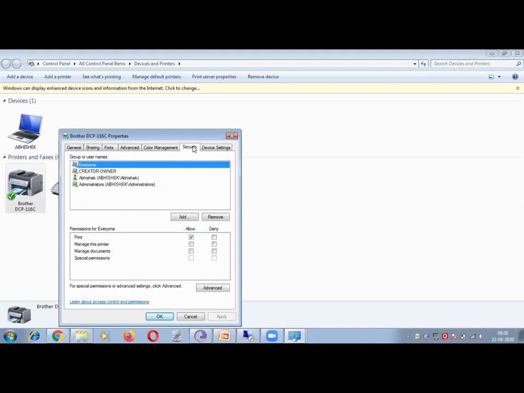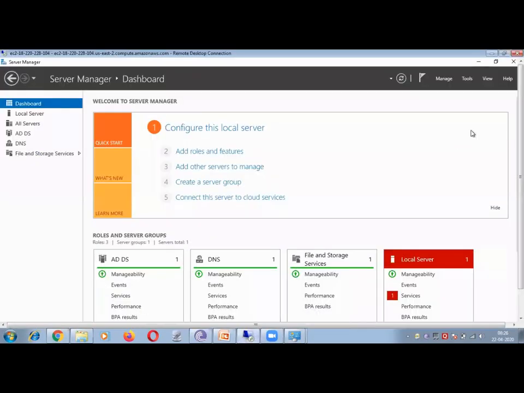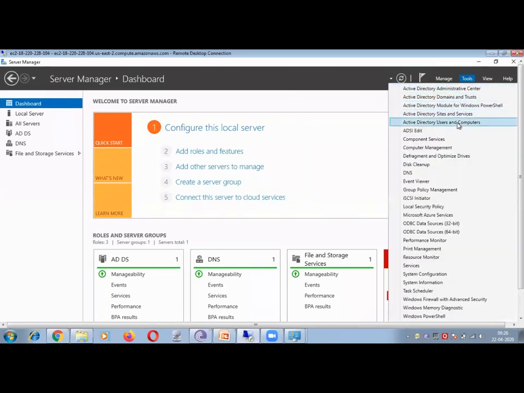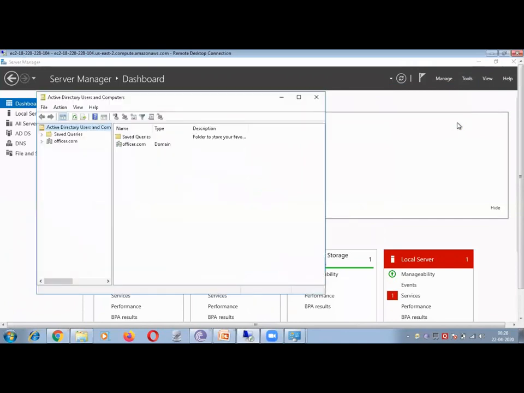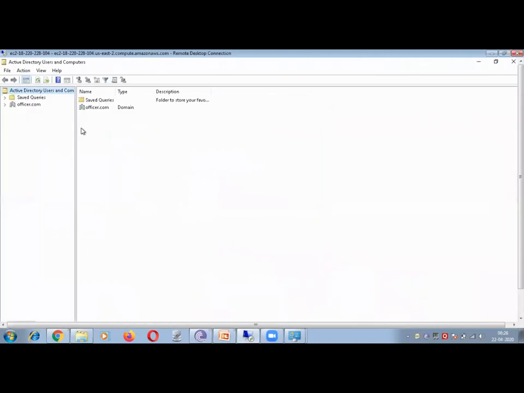Now can we check what security it displays in Active Directory? Go back to Active Directory Users and Computers. Go to the tool, Users and Computers, and expand officer.com.